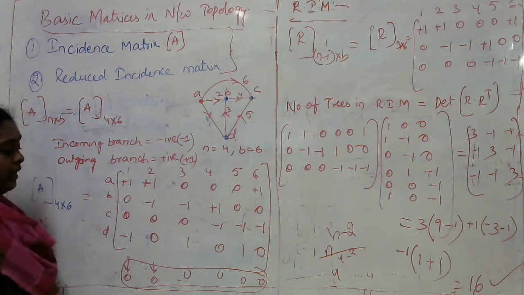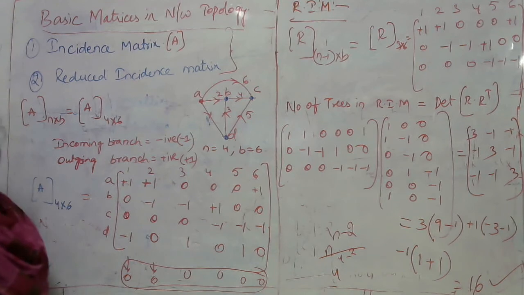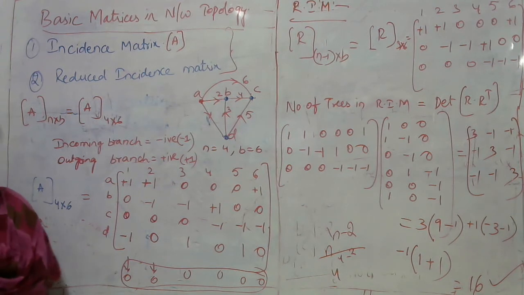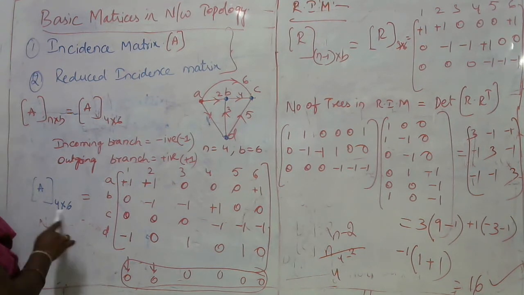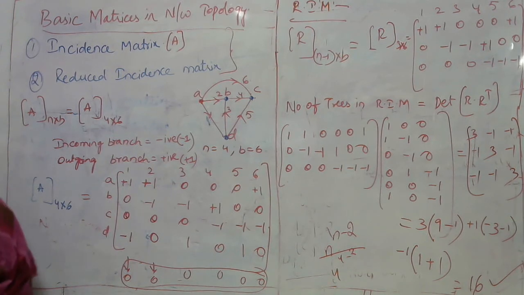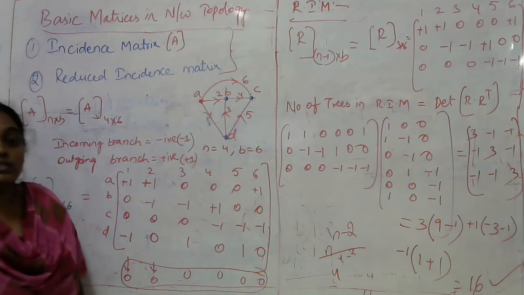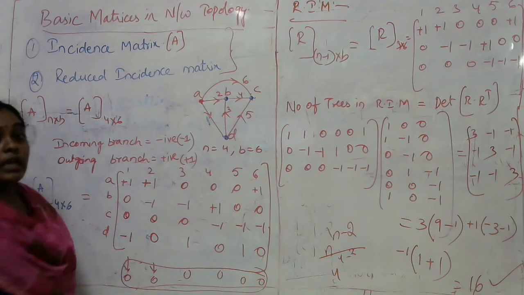After writing this complete incidence matrix, we need to verify whether the matrix which we have written is correct or not. So the first property of the incidence matrix is that the algebraic sum of the columns of this incidence matrix should be equivalent to 0. Or if the incidence matrix is a square matrix, we need to find the determinant of that square matrix. If the determinant value is equivalent to 0, then such a matrix is called a singular matrix. So in this graph, as it is not a square matrix, I am performing an algebraic sum of columns. As I am getting all the column values equivalent to 0, I can say that this is a complete incidence matrix.